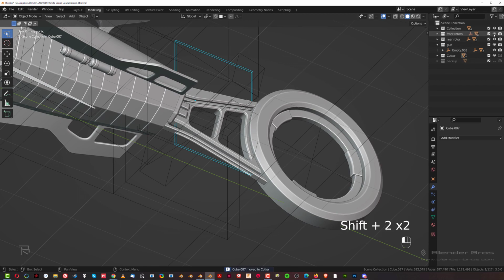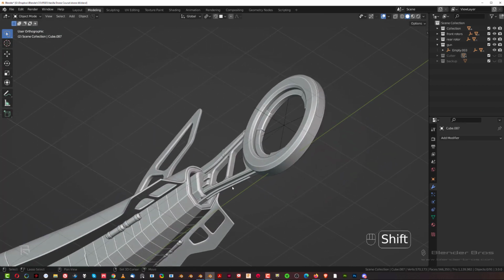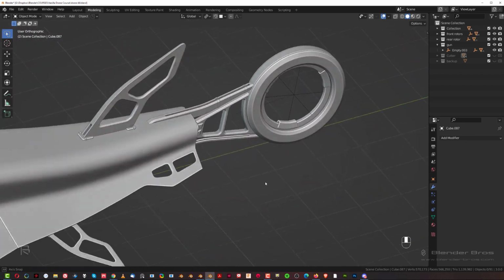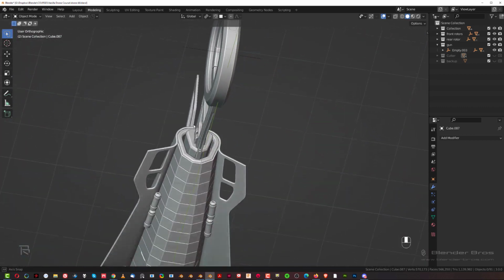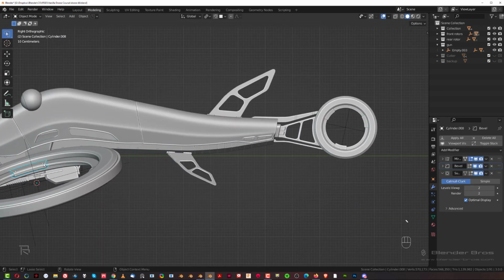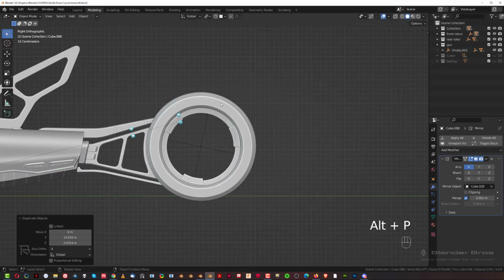Not Shift 2, sorry. It's going to be Shift 7 or something. Just turn them off. So this will create even more interest and a kind of detailing here in the back, focusing more to the back and more lightness to the structure. Now the last thing we need, these elements, the small ones, to be Shift D here, and then Alt P,